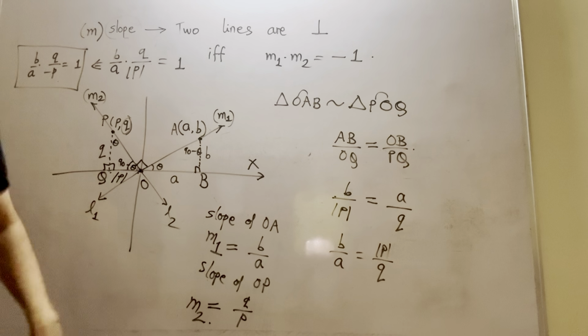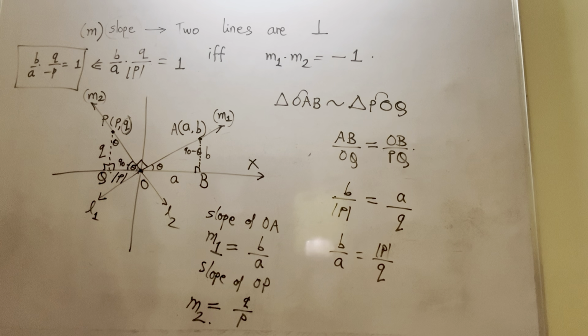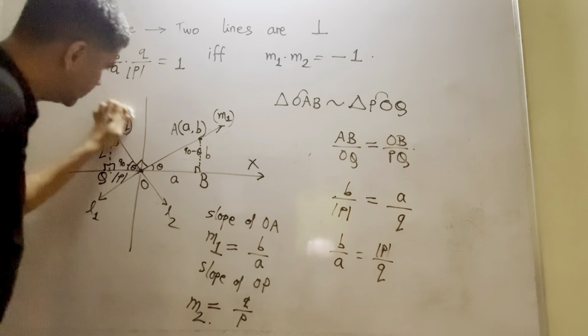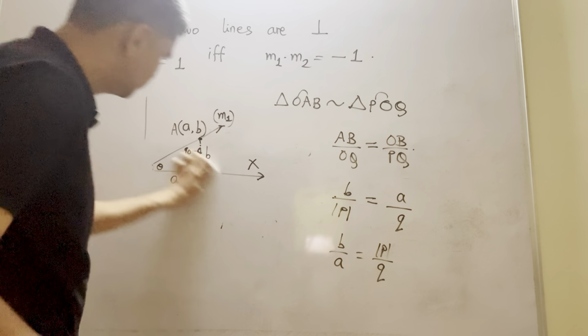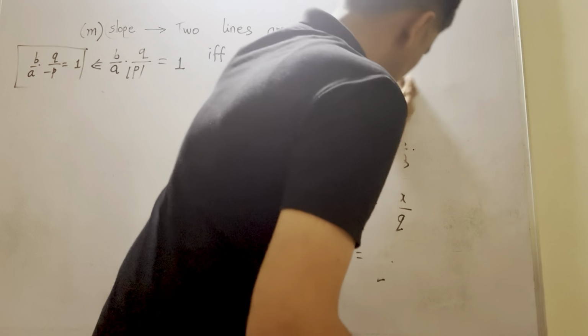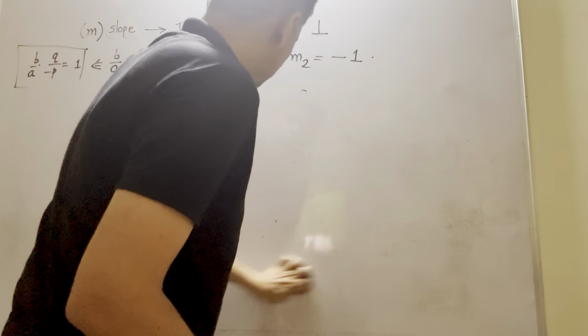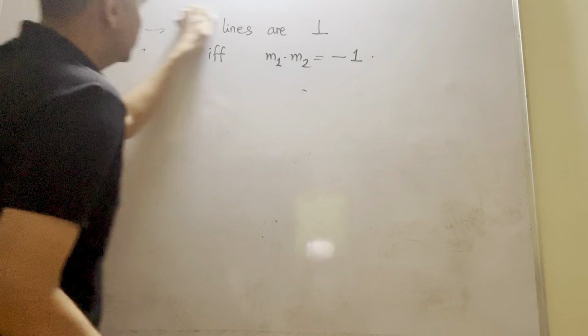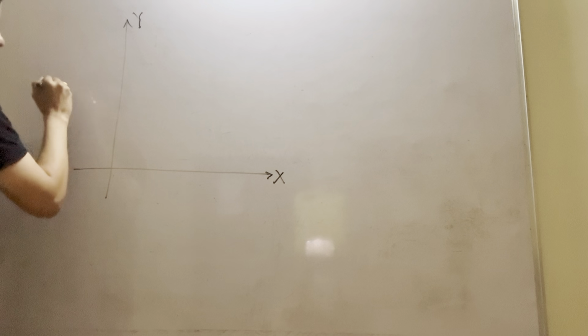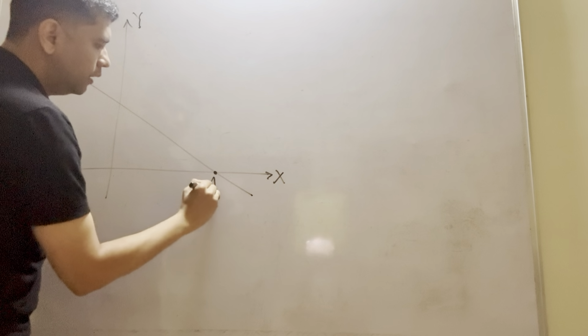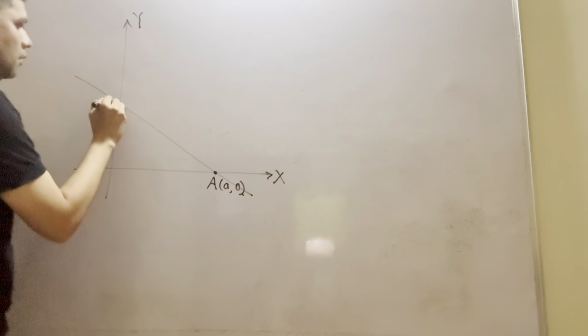Okay. Now let us go to the next one where we will define the intercept, because they are all required in problem solving further. So what is an intercept? So intercept is the point where line intersects the coordinate axis. So look at this. Yeah, we have this line here. This is the XY plane. And we have this line which is intersecting the x-axis at point A, having coordinates a comma 0, and y-axis